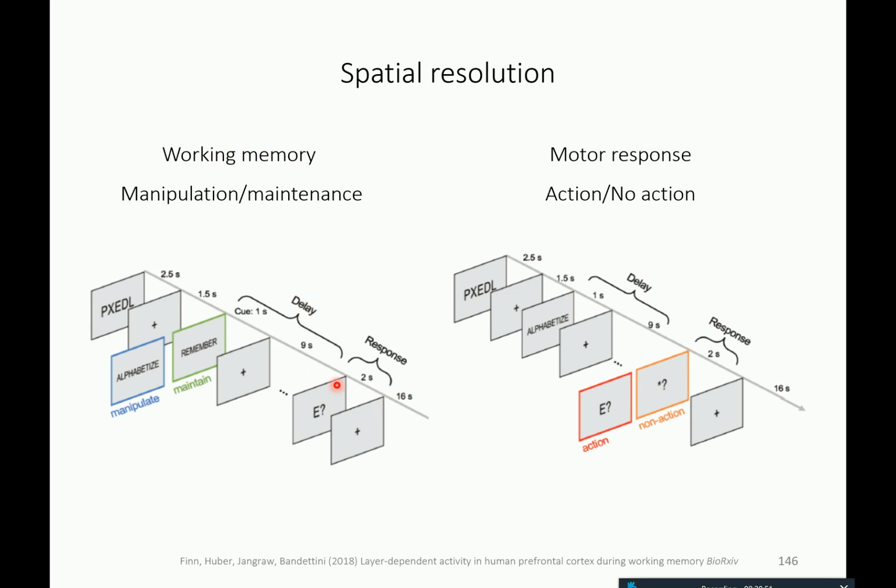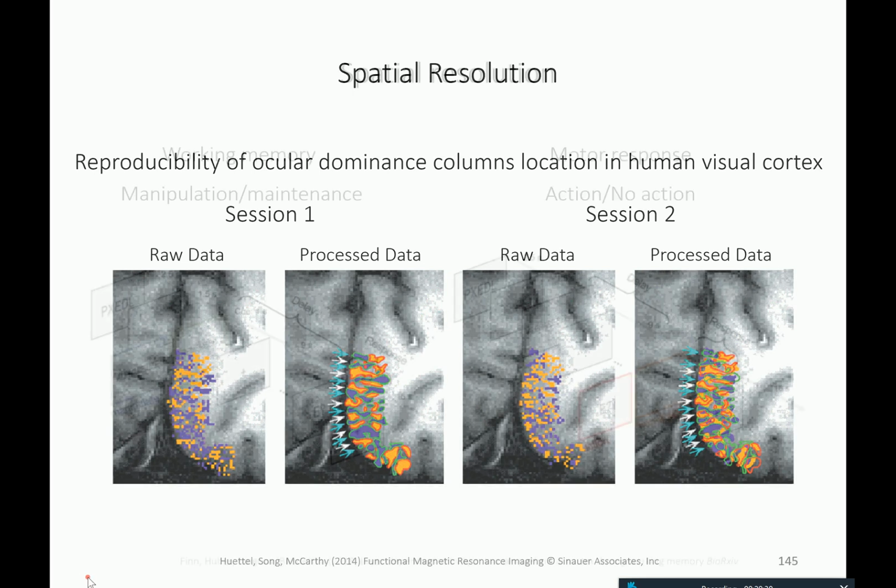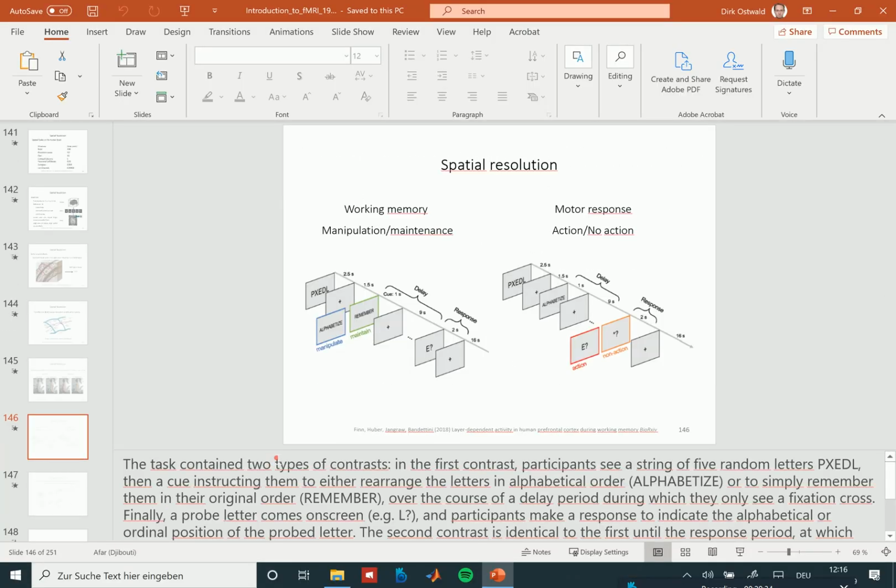So what they did, they wanted to look at the layer-dependent activity in prefrontal cortex as a function of a cognitive task, and they had a working memory condition where people were asked to either remember a given visual stimulus or to manipulate the working memory content. Let me check what the task was. I just forgot. It was more than just remembering the stimulus. So they had to rearrange the letters in alphabetical order. So that's the alphabetize